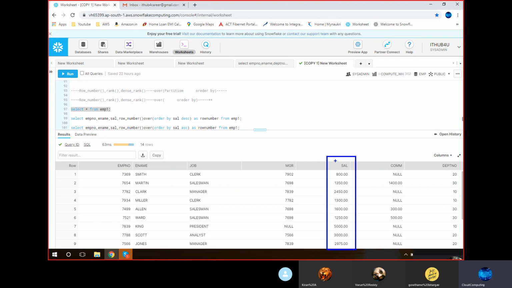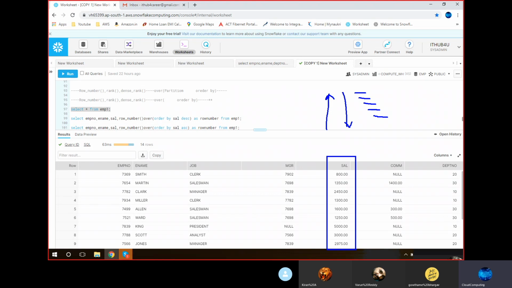If you think as a developer, you would arrange this data in either format, ascending or descending order. Once the data is arranged in ascending or descending order, it is very easy for us to make the row numbers or ranks: first rank, second rank, third rank, fourth rank. If you think like that, you never forget this and never feel the complexity, because after 2-3 days you will forget this syntax.